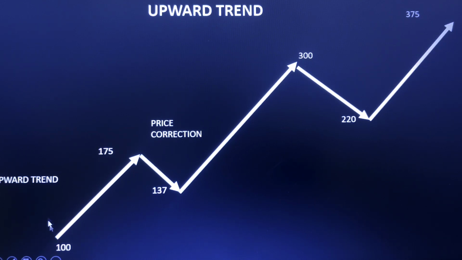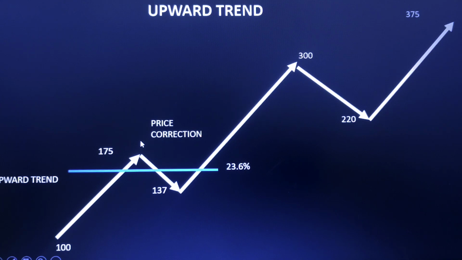So by connecting these two levels, from 100 to 175, where 100 is the low, we have to connect from low to high level for finding out the retracement levels with that ratio series of percentages. Here we are seeing the low is 100 and the high is 175, so we are connecting from 100 to 175.